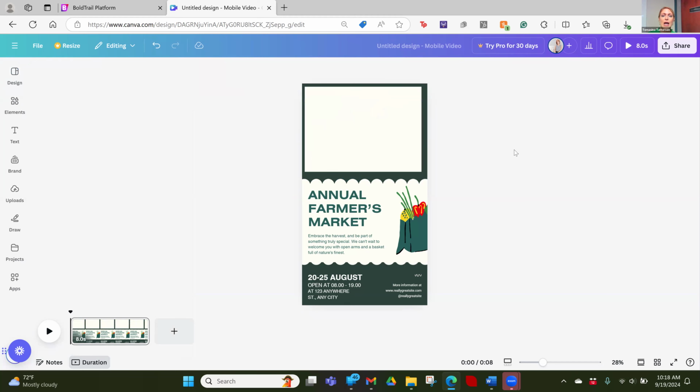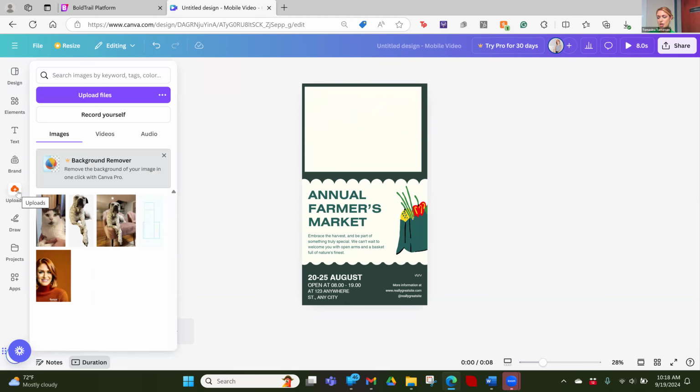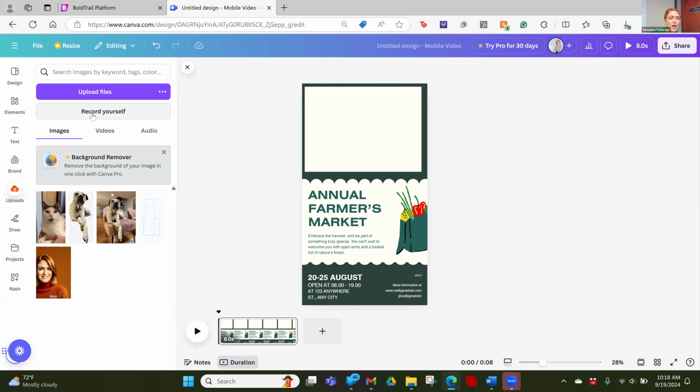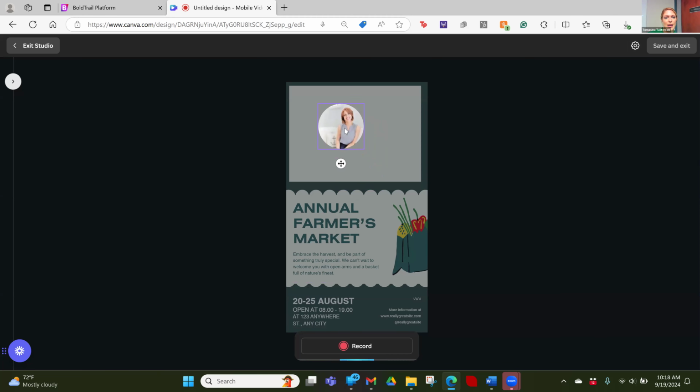All right. So I don't have a picture of me holding a hammer. How can I do that? Well, I could go to uploads. I could take a picture on my phone real quick of myself holding a hammer. Or you can do this, record yourself, and you can take a quick picture. So either way, if I wanted to, let's